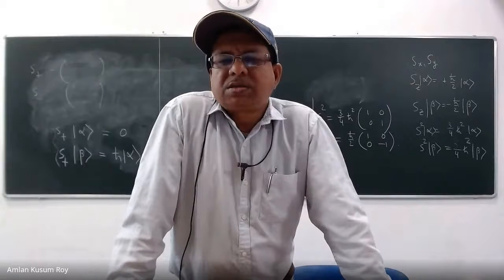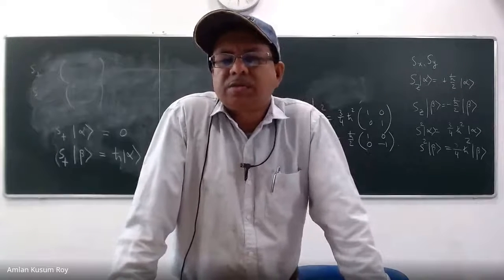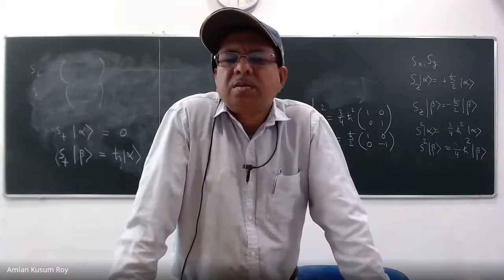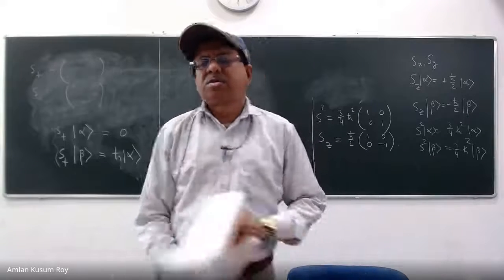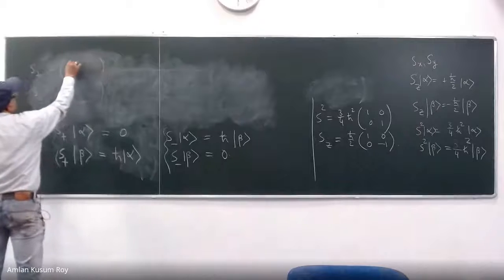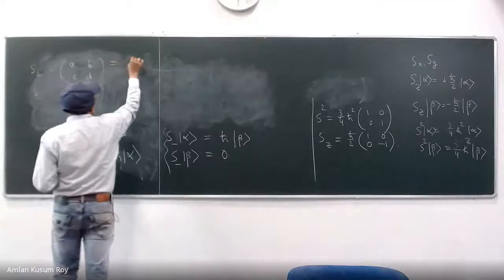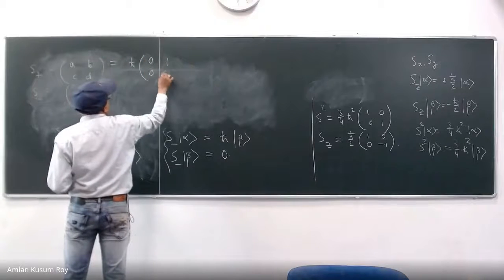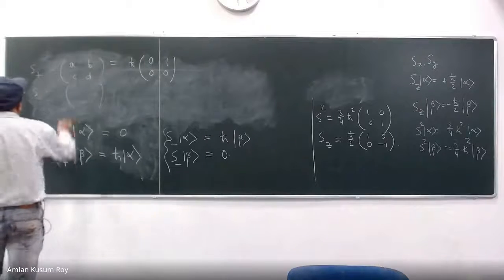A, B, C, D: A is equal to C is equal to D is equal to 0, and then B is equal to H cross. That's right. So I hope you meant A, B, C, D like this. If you do this, you will get H cross times the matrix 0, 1, 0, 0, right? That is your S plus. And what about S minus?